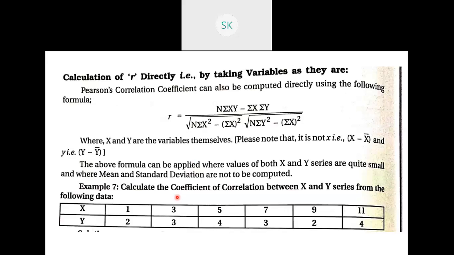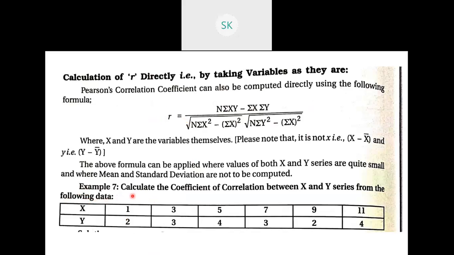Once I complete a good amount of the chapter, we will revise everything in correlation, so you will be able to understand which formula to use. By seeing the difference in the questions, you will know by yourself which formula to use. We will do one session of correlation revision also. So let's go to the first problem directly. We just have to apply the formula given to us here.